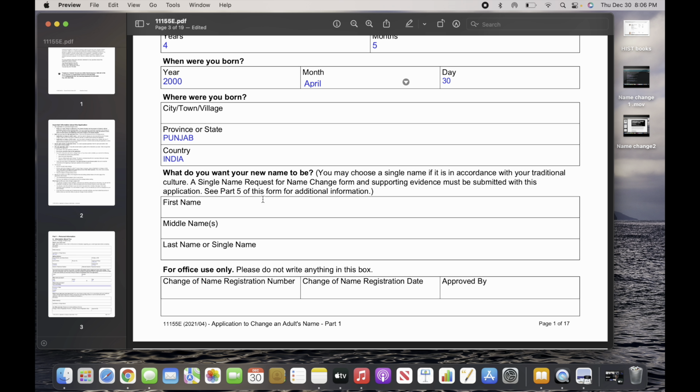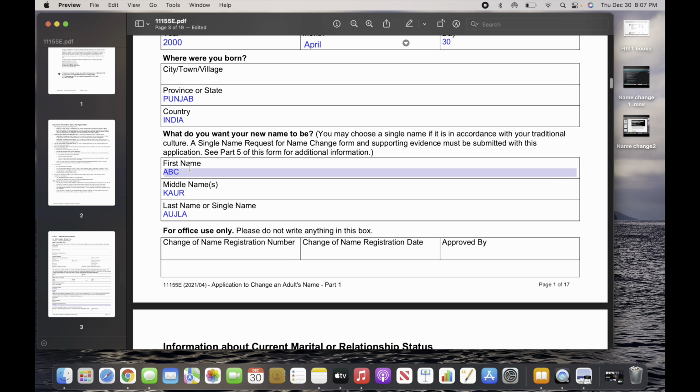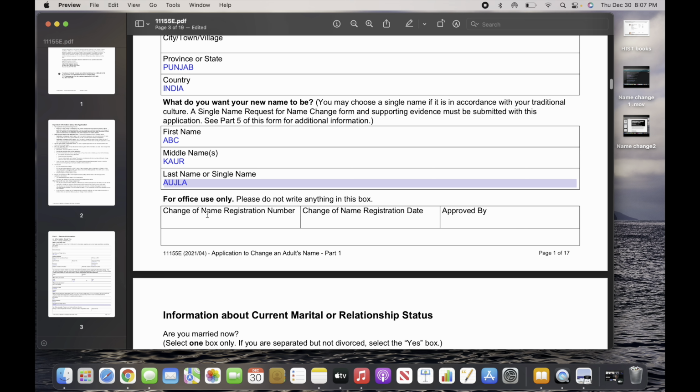So here is where you write down what you want your name to be. You can choose anything. Let's say you want a single name, you don't want any last or middle name, you can choose that. Or you want to add a middle name, or add your surname as your last name, whatever. In my case, I just wanted to add my surname as my last name, because I didn't have it in papers. That's what I want my name to be. Now move to